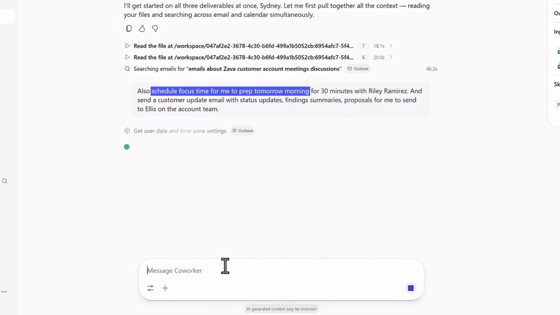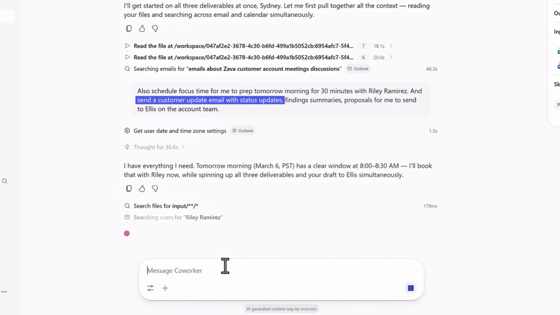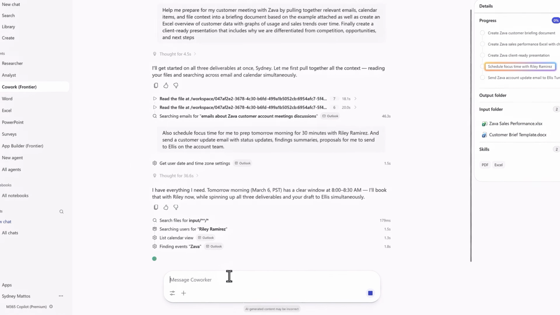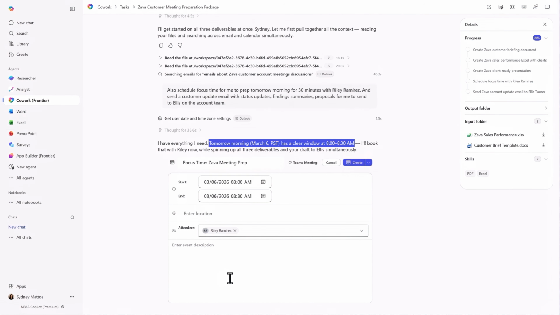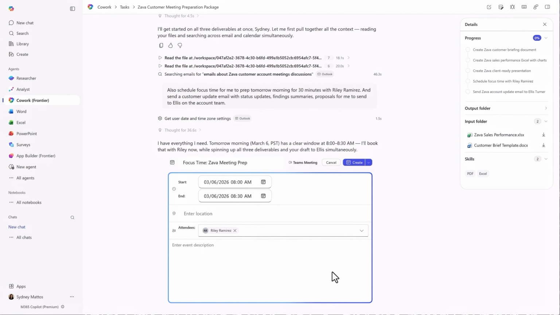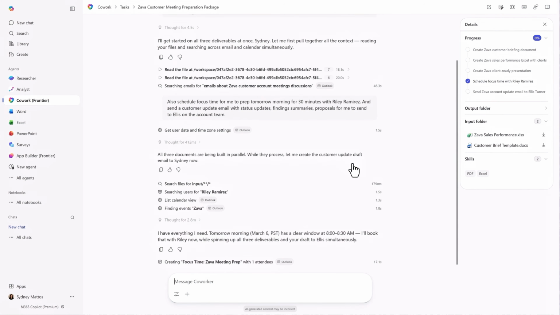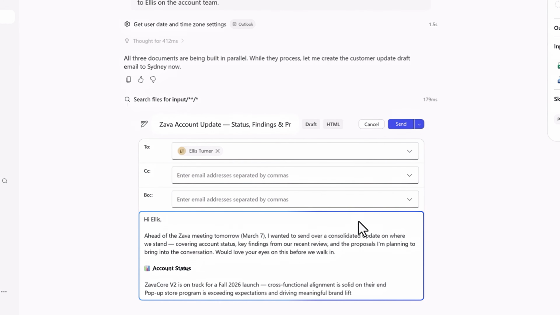Here, I ask it to schedule prep time with people on my team and send an email status update to the account team. As it continues working, it checks and finds a mutually open time on our schedules, and it proposes a meeting with participants with all the details filled in. I can create it right from here. Then it uses another skill to author an email to my contact on the account team